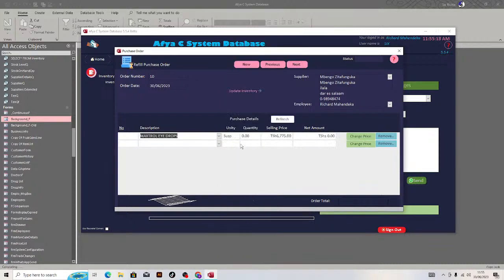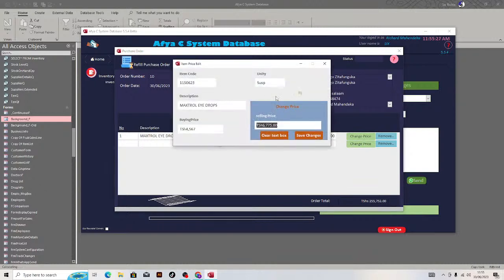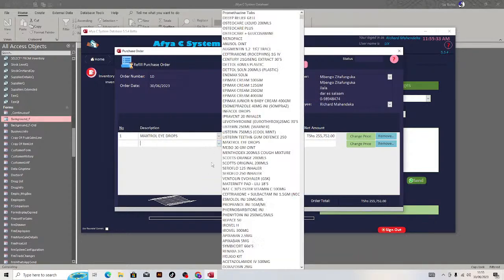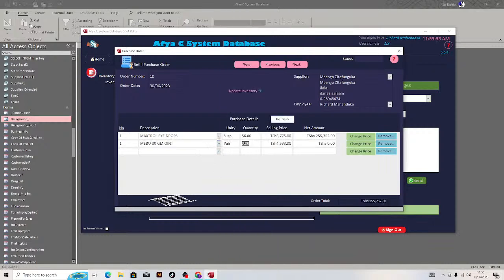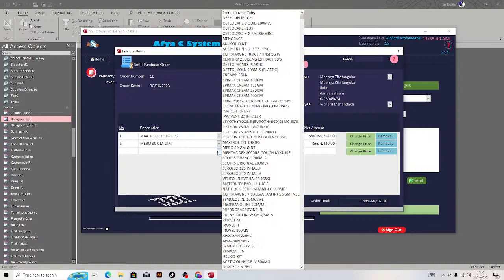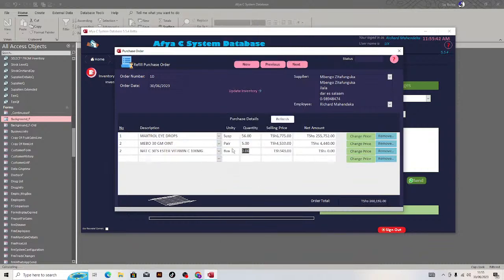So let me select next row, then I have quantity here. So if I want to change the price, I will change here. I have the button here for changing price. So then I come here and I clear the box and change the price, then I save. Okay, so I have maybe Mabel, then I press quantity, maybe 5, then I have this, so maybe this one, then I will change the price here. Okay, so as you see here now,